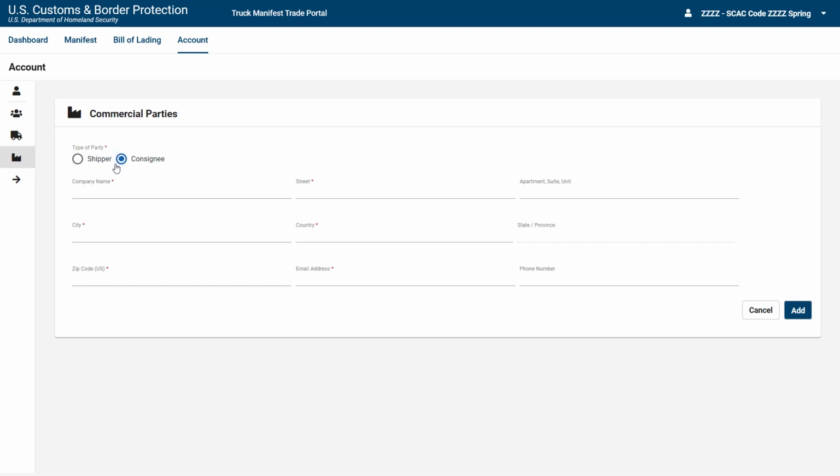Let's now select the type of party shipper option. Note that the fields of information are the same for both the shipper and consignee options for type of party. For this example, we are adding a shipper. We have already selected the Shipper Radio button. We will provide a company name,